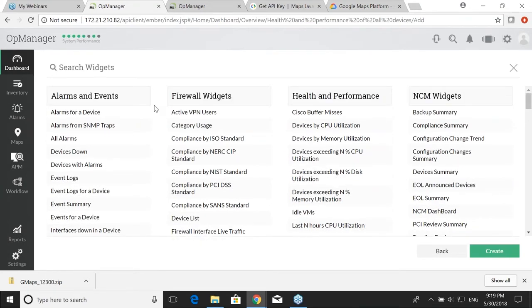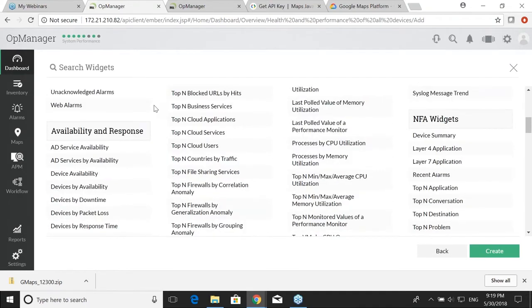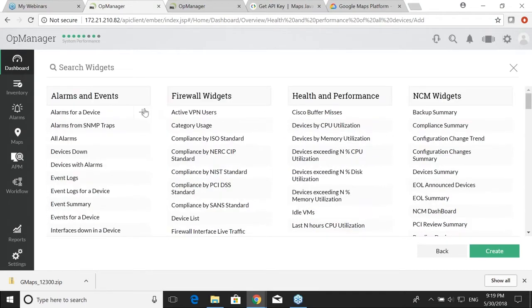As you know, OpManager is now integrated with NetFlow, Firewall Analyzer, Network Configuration Manager, and OpUtils, the IP address and switch port management. So across all these modules, we have 200 plus widgets available. You can pick what type of widgets you want displayed on the dashboard. Right now I want to pick the alarm-specific widgets and put them on a separate